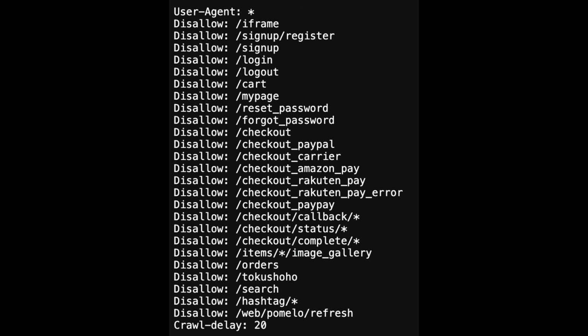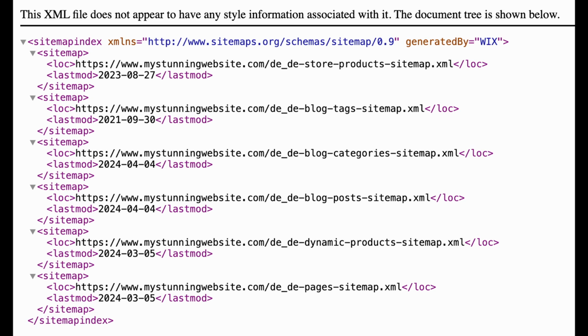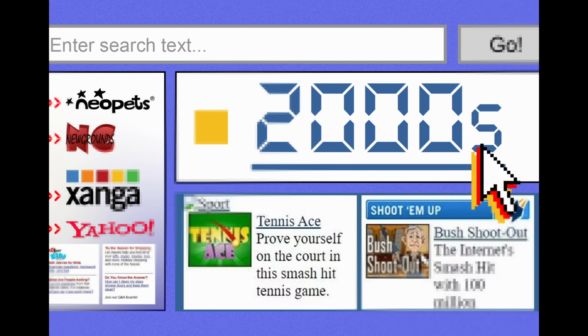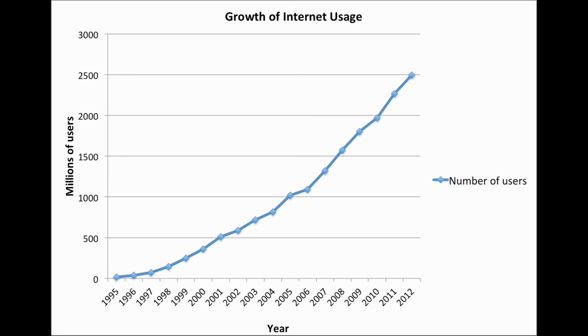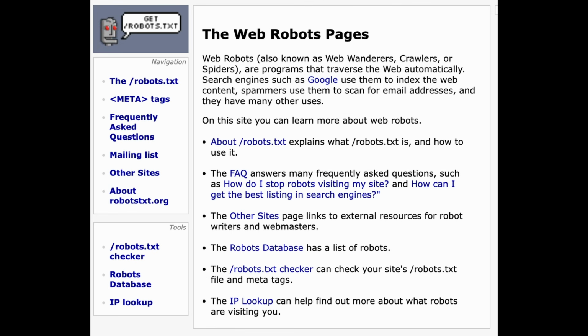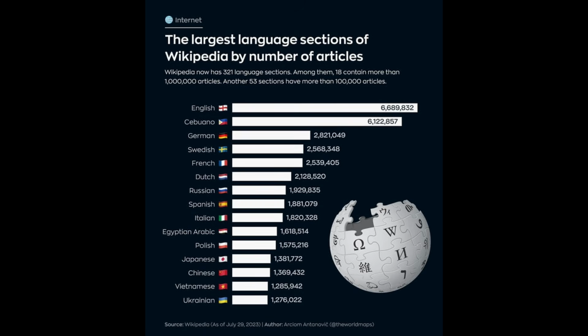But just as we looked at robots, how did this file come to be and what does it actually achieve? In the early 2000s, which is when robots was already a popular and standard file, the web exploded in popularity and became mainstream. And with that, obviously its importance shot up as well. So robots fixed the issue of lacking control over your own site, which meant that sites that previously had a